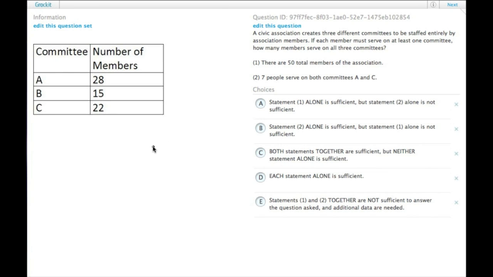A civic association creates 3 different committees to be staffed entirely by association members. If each member must serve on at least one committee, how many members serve on all 3 committees? So the first thing we can do, before we even look at the answer choices, is